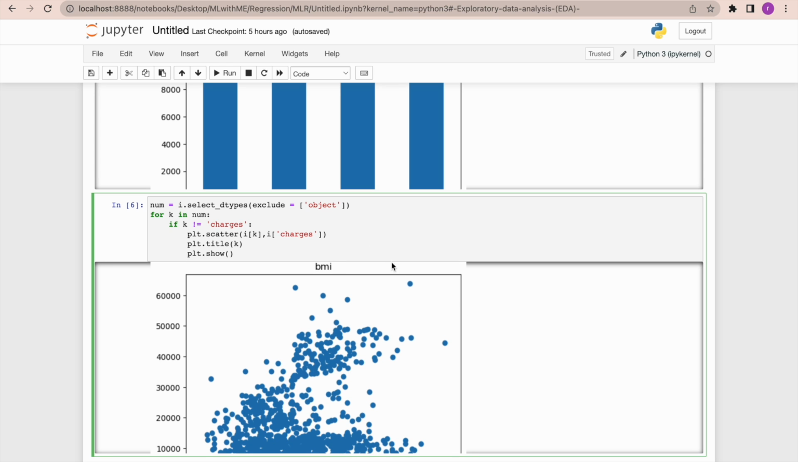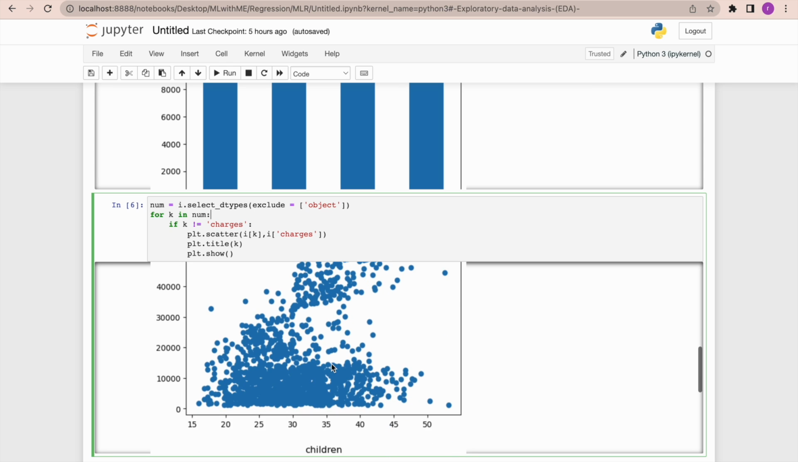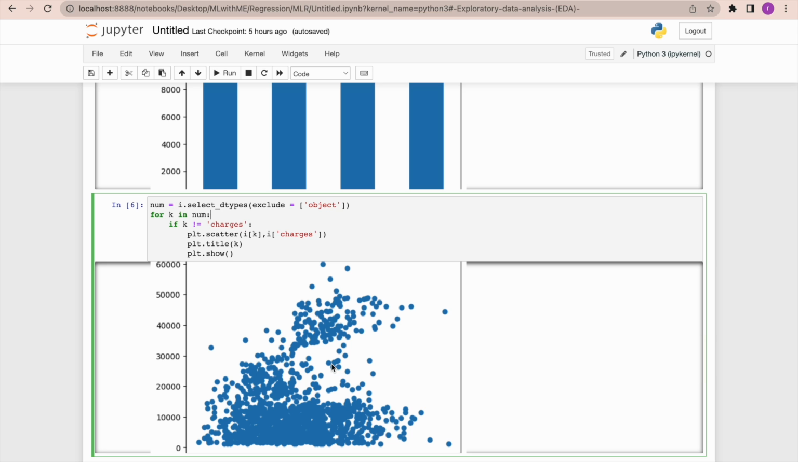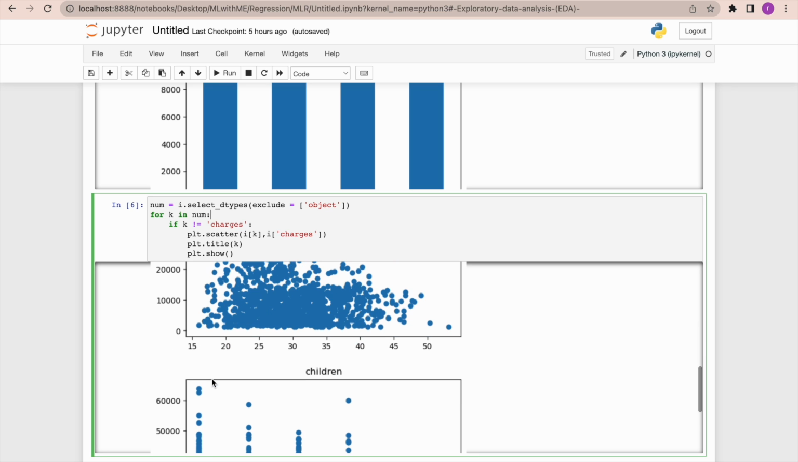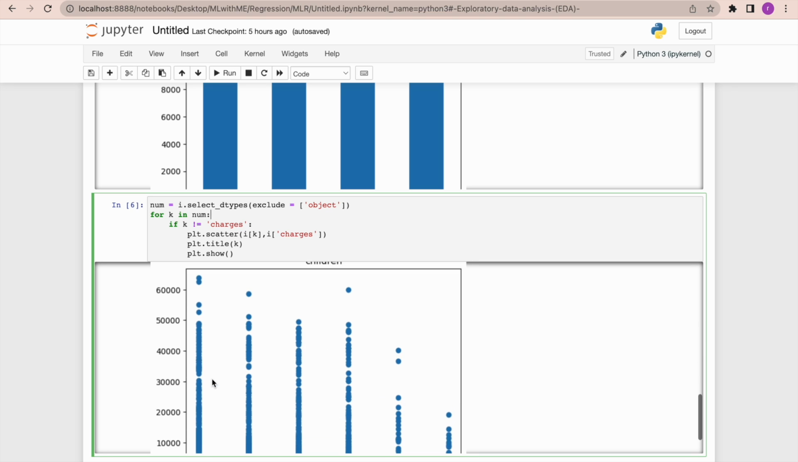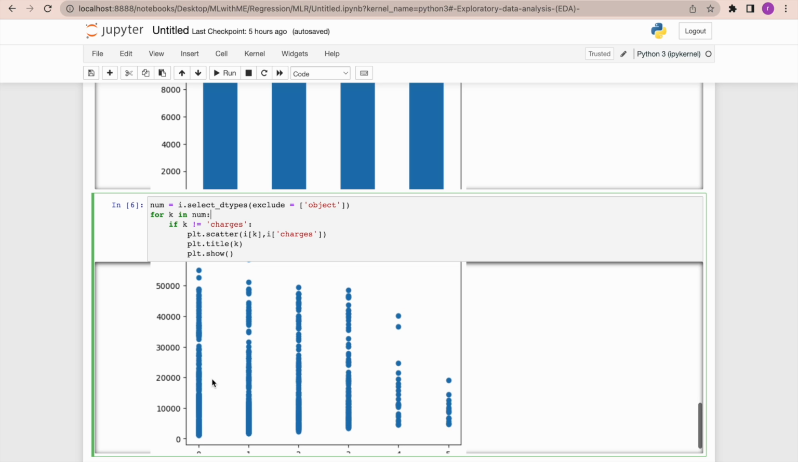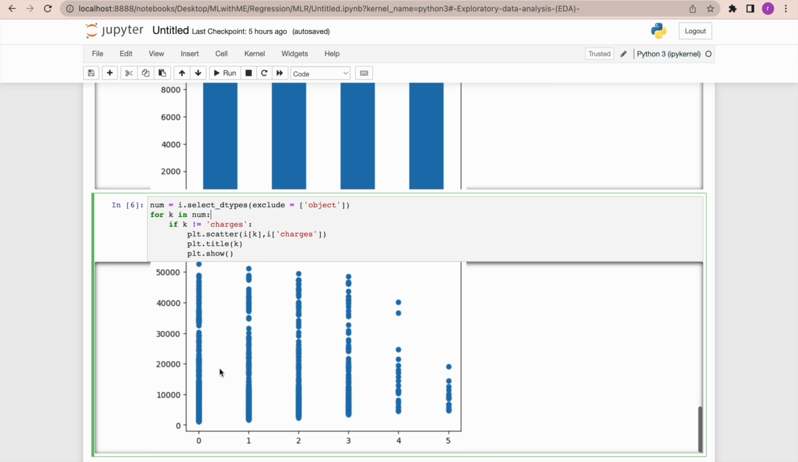Then we can say from this graph, we don't really understand what kind of relationship BMI has with charge. So we are going to pass on to the next, that is children. From this graph, we can clearly see that the more the dependents, the less the insurance holder is paying. But here there are only